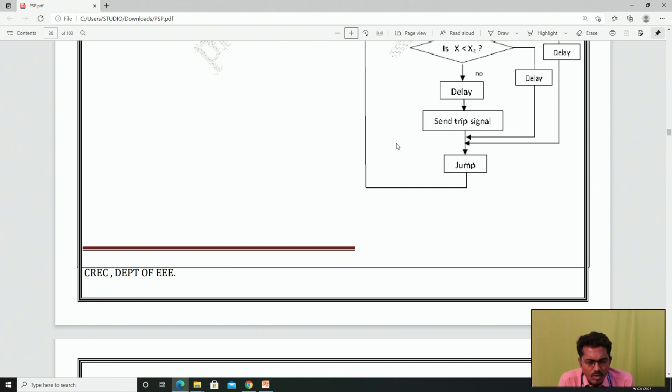Okay, so from this we conclude that the relay is very important for the circuit. So first there is the over current relay, then the impedance relay, the reactance relay, the distance relay. From the distance relay we go for the negative sequence. After that we go for the static relay. Then we come to the higher level of control as the microprocessor based relay. So this is the order of growth. So everything is to protect the transmission line, generator and motor.